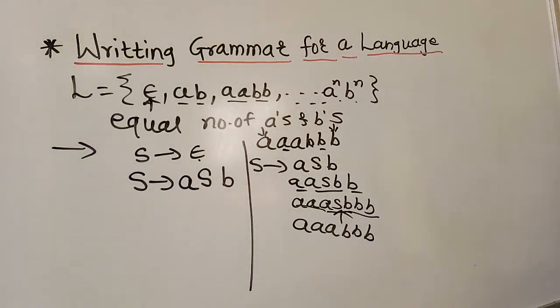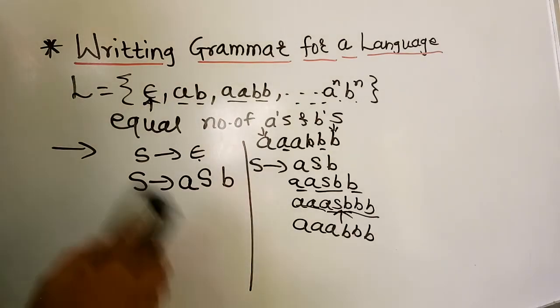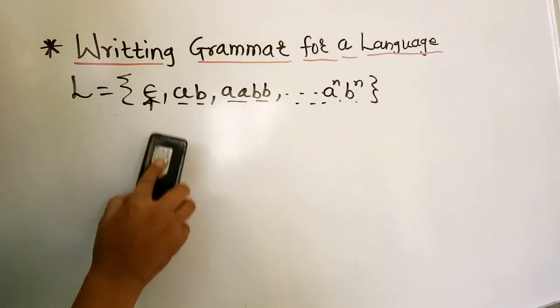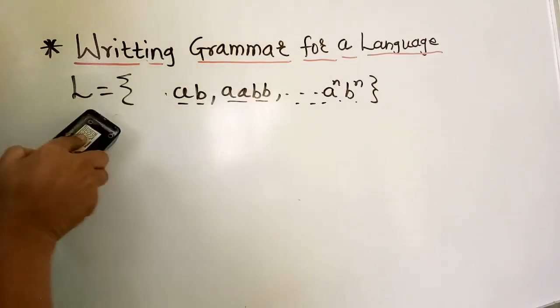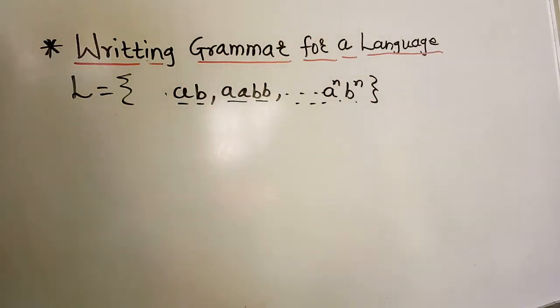So this is all about how to calculate a grammar for a language and how to calculate a string from that grammar also. Now we will take some other examples having different mechanisms for solving a grammar. Now, for example, I will keep the same grammar as it is, but only replace epsilon here. Means this grammar is starting from AB, AABB and so on.